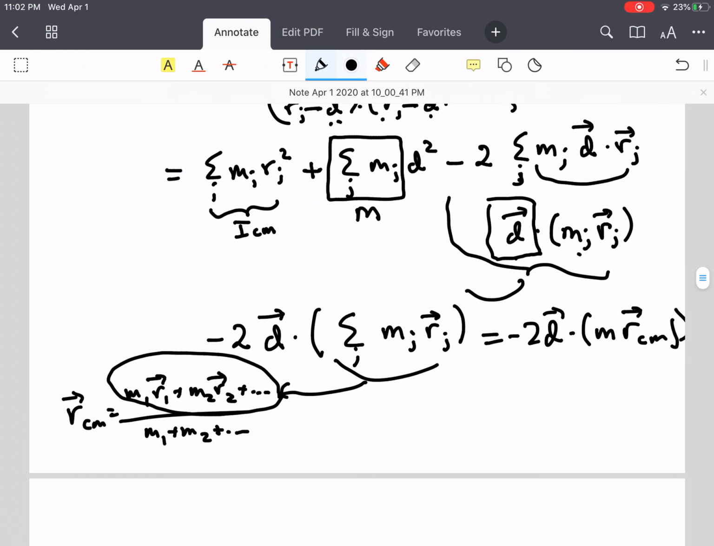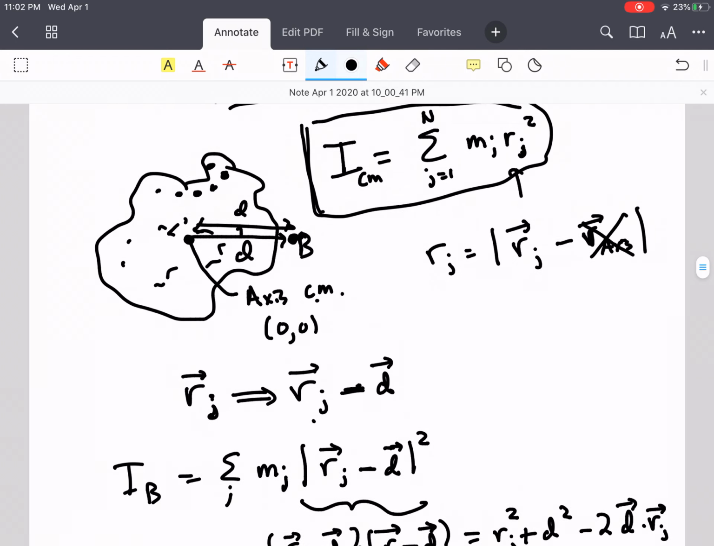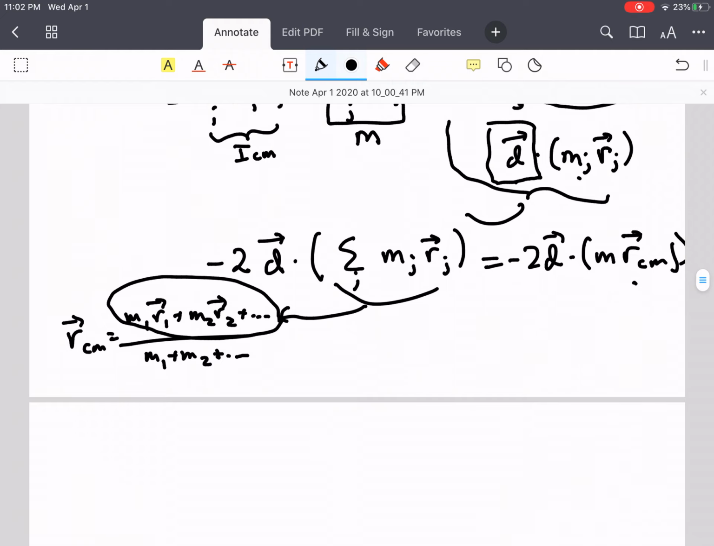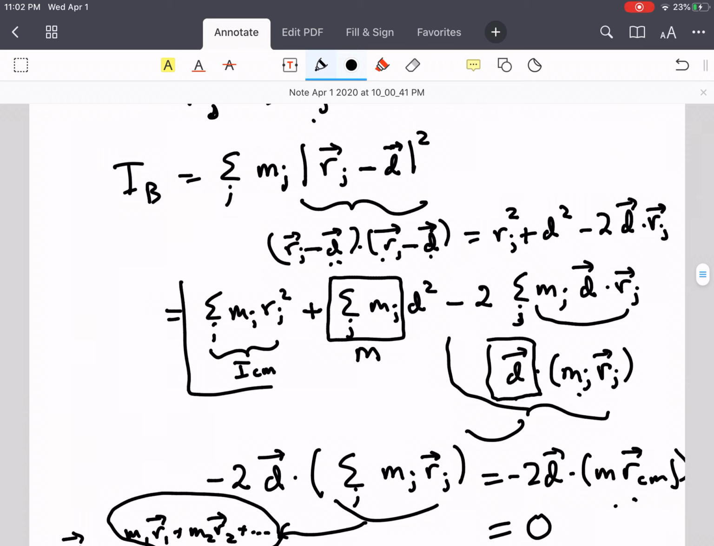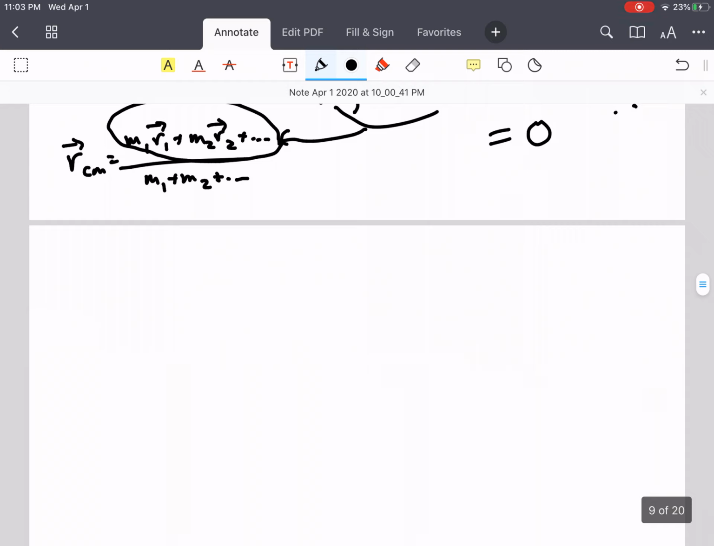And so finally we have our proof. If the position of the center of mass is 0, which is how I defined it originally, d dotted into the 0 vector is 0, and what I'm left with is ICM plus M d squared, which is the parallel axis theorem. Or if you like way more math, you can find that in the notes. They both give the same answer. One's just a little bit prettier than the other. All right, so that was